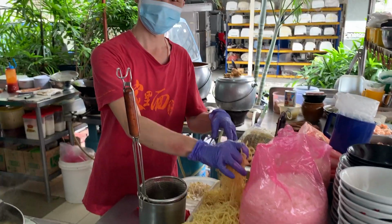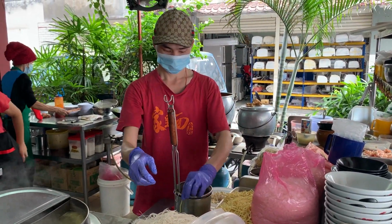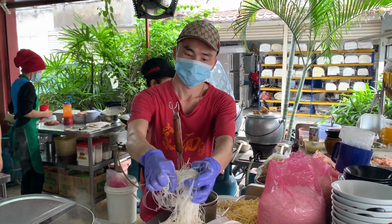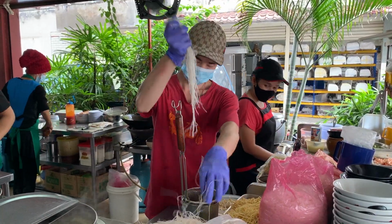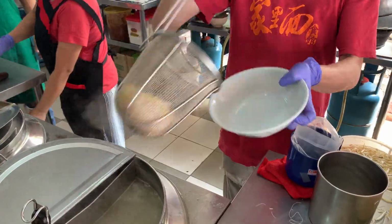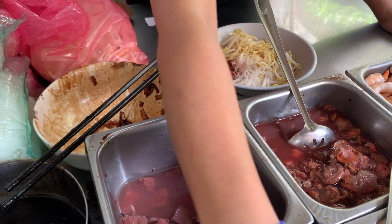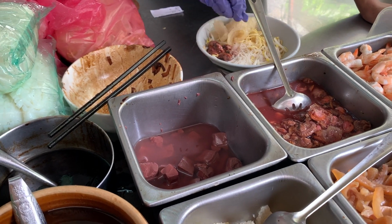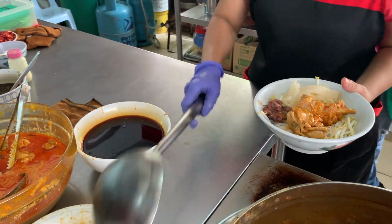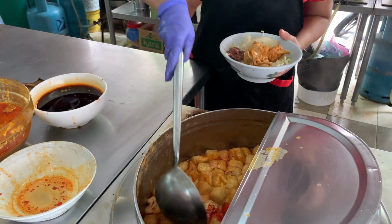I'm going to show you how they assemble the noodles. For my curry laksa, I order a mix of egg noodles and thin rice noodles we call mee hoon. Then he briefly cooks them in boiling water. It's time to put in all the ingredients: cockles, pork skin, chicken curry, the soup along with the tofu pork,